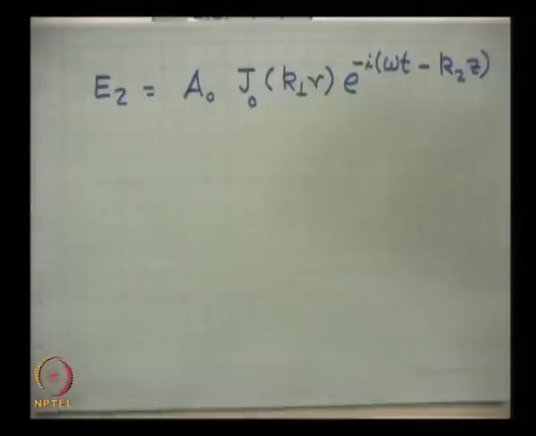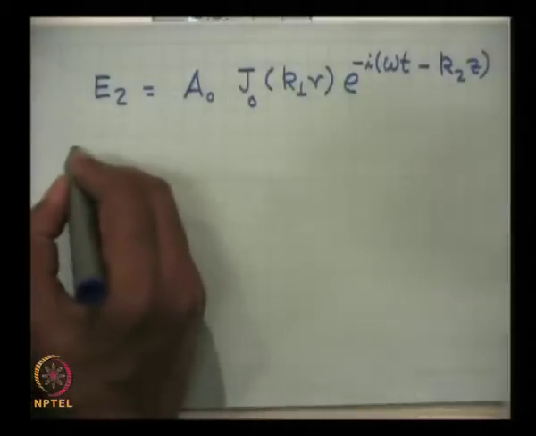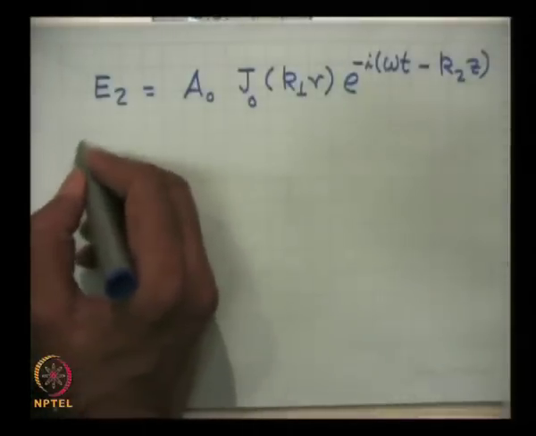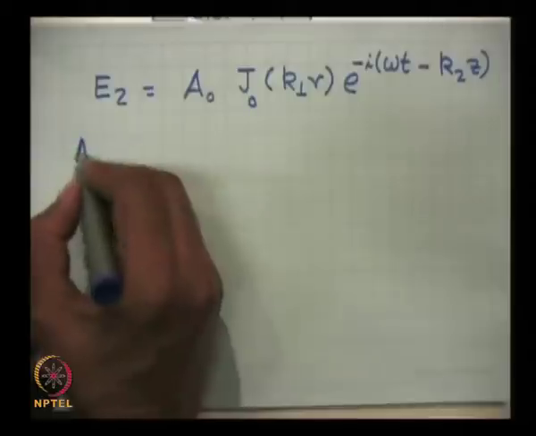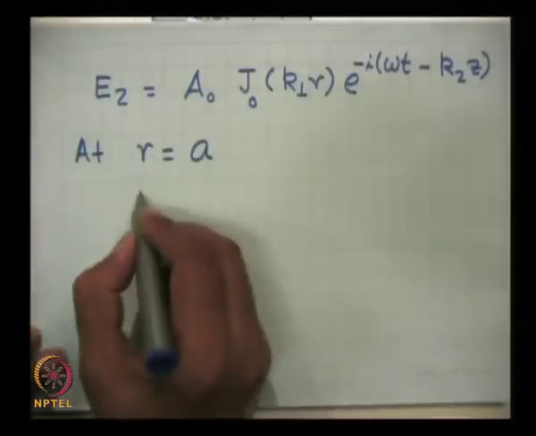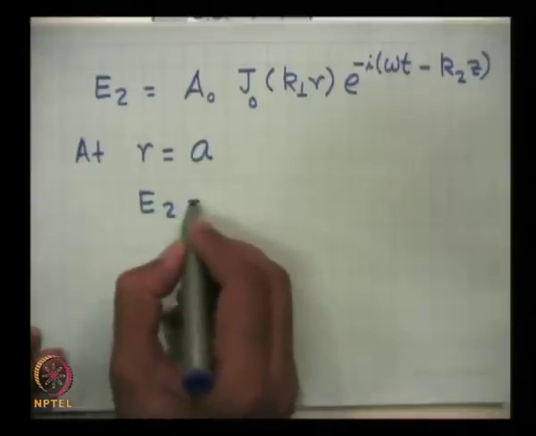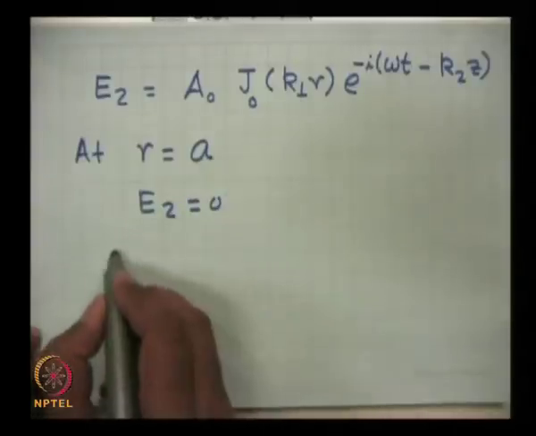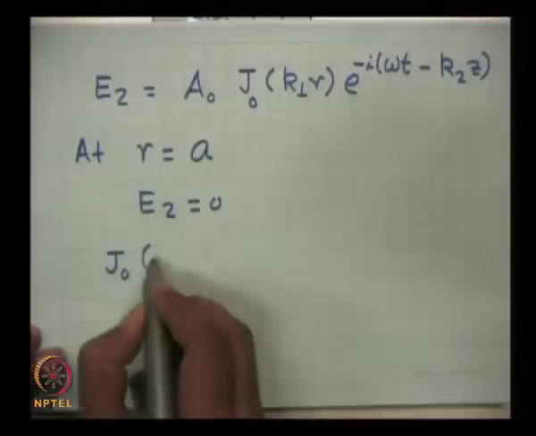So this is my field, and this must vanish at the boundary of the waveguide. At r is equal to a, I want Ez to be 0, means J0 of k⊥ a